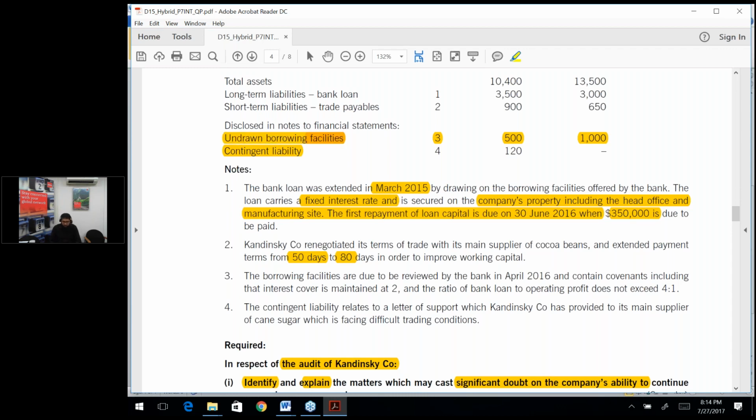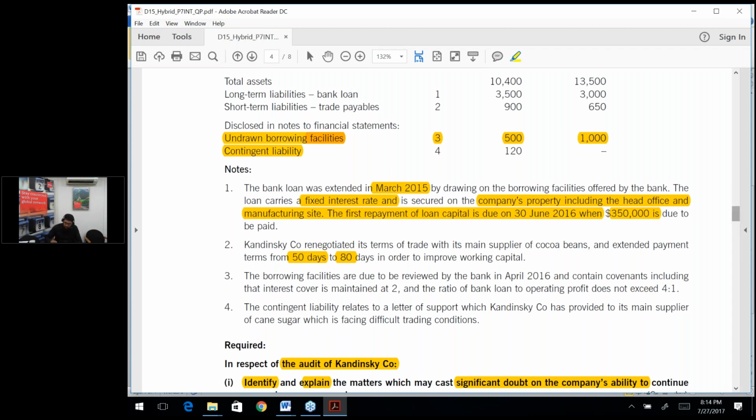One of them is undrawn borrowing facilities. Last year it was 1,000. This year it's 500. Obviously, you have obtained 500 further loan during the year. Now it says the borrowing facilities are due to be reviewed by the bank in April 2016 and contain covenants including that interest cover is maintained at 2 and the ratio of bank loan to operating profit does not exceed